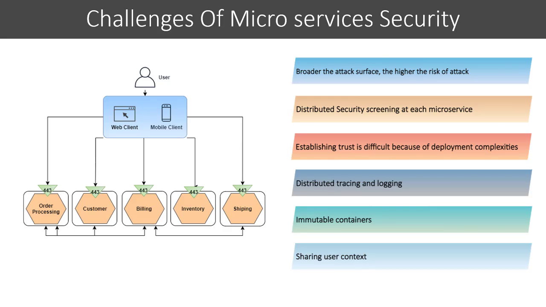It is important to trace requests and maintain logging of services in order to preserve accountability, so that logs and traces can be used for forensic analysis and real-time analysis. Tracing and logging requests across different independent microservices is difficult and needs distributed tracing and log aggregation tools like Jaeger and Jenkins. The next challenge is immutable containers.